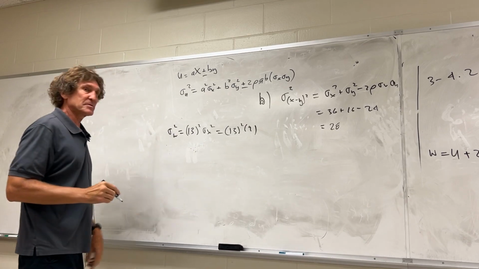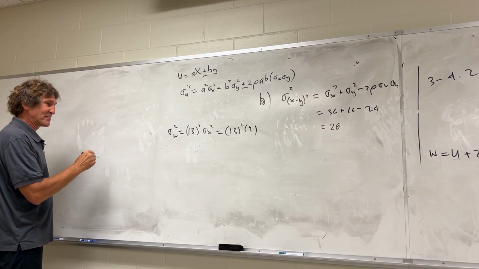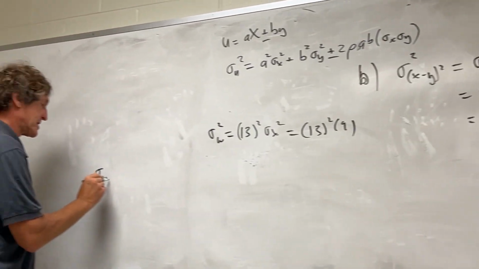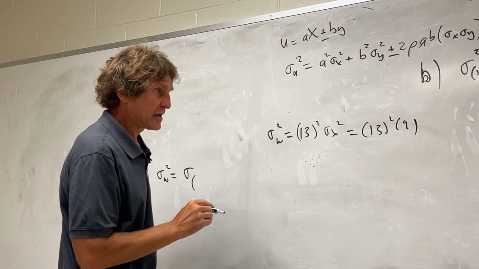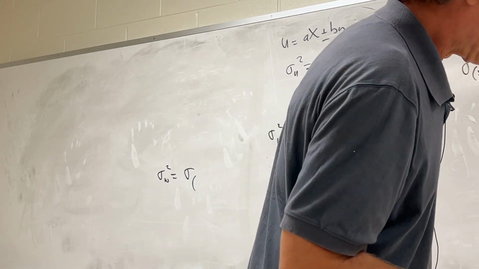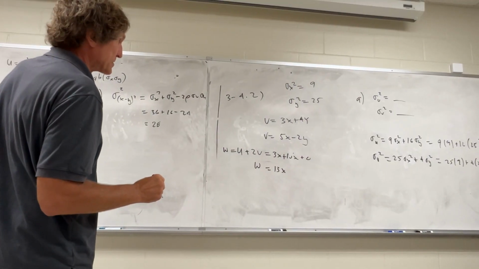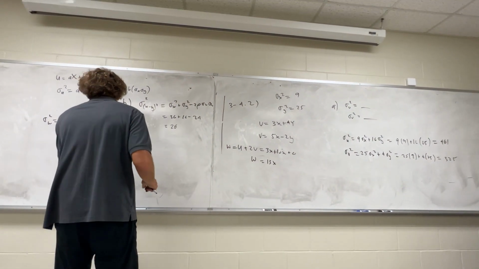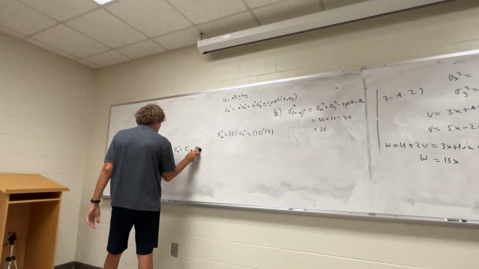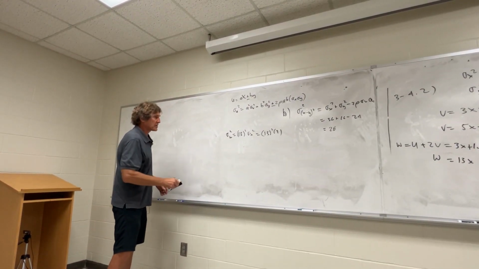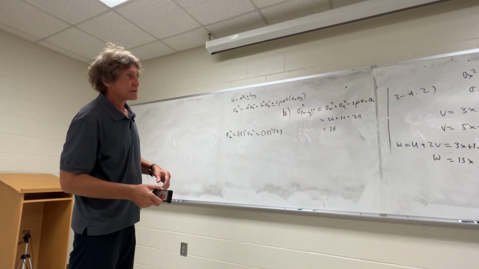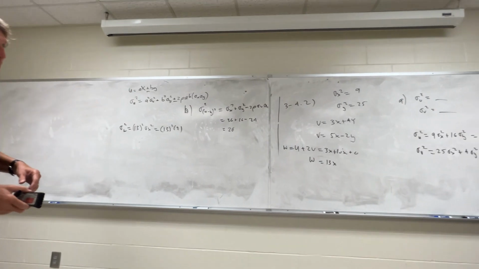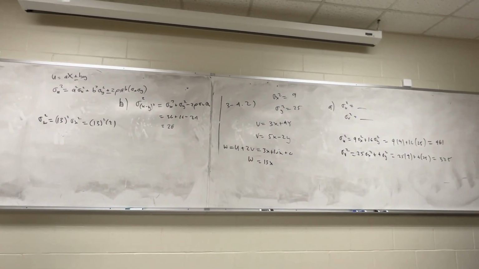Now, what is this equal to? Okay, but sigma w squared is really sigma here, and I got to do this right. Oh, I got to get the correlation coefficient. So the next part of this, I think we got that right. When we want the correlation coefficient for u and v, right? Then